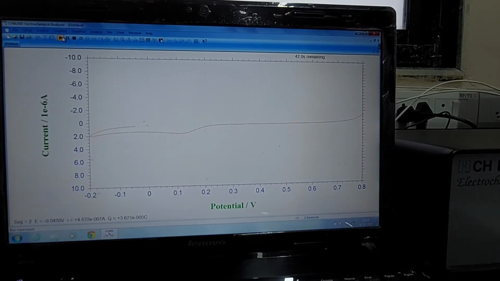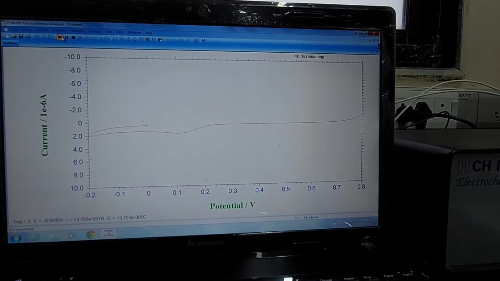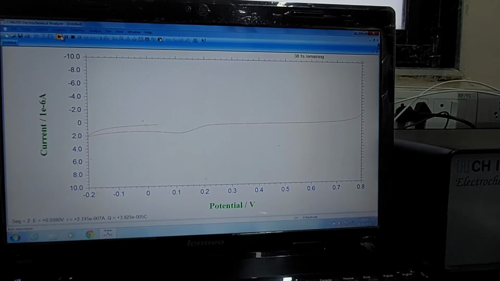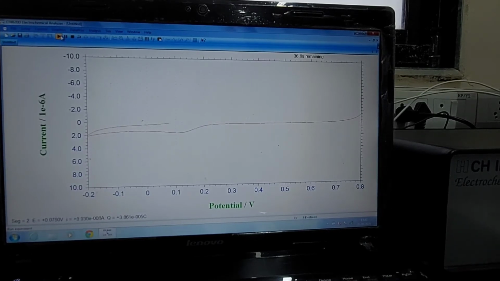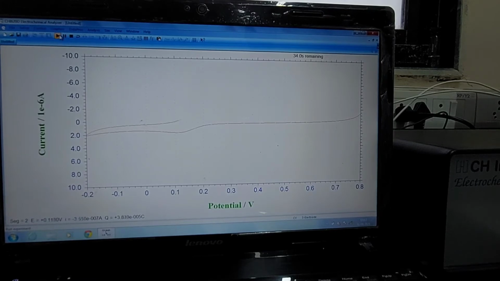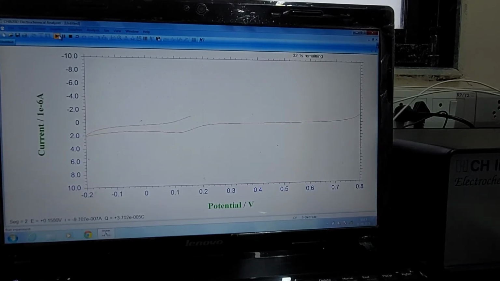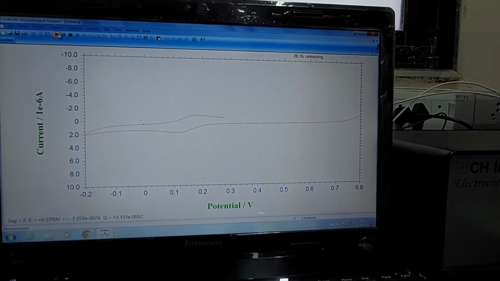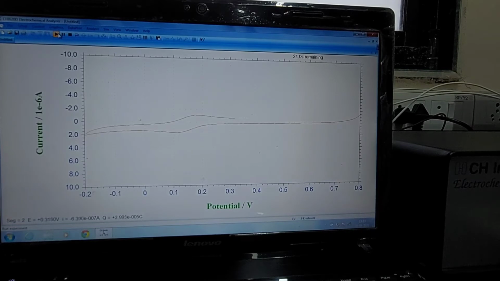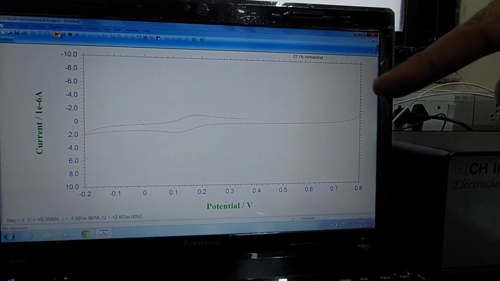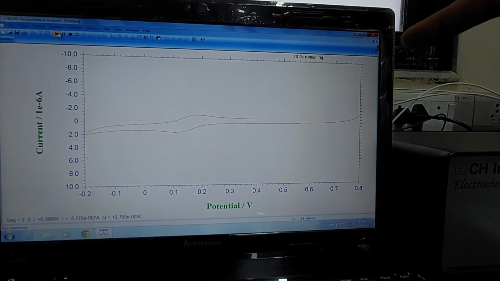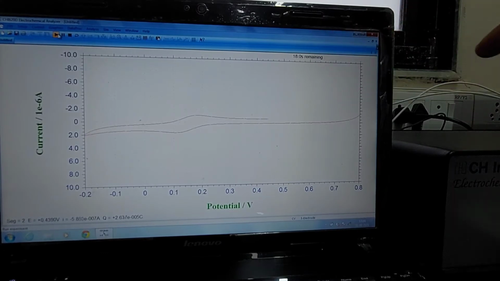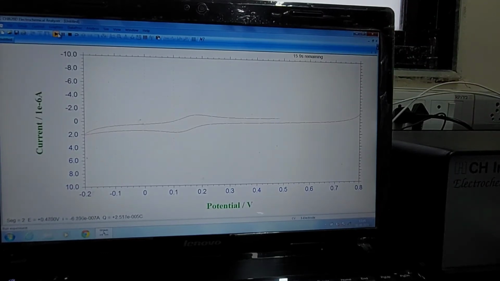Flat so far, quite flat. Now anytime it should start going up. There you can see it is slowly going up and down. In one cycle it has gone down, and then in the reverse cycle it is coming up.